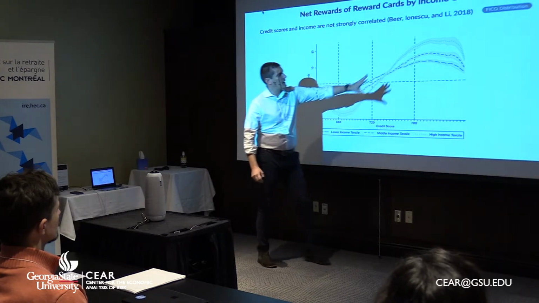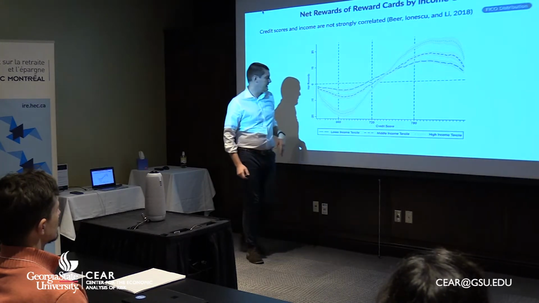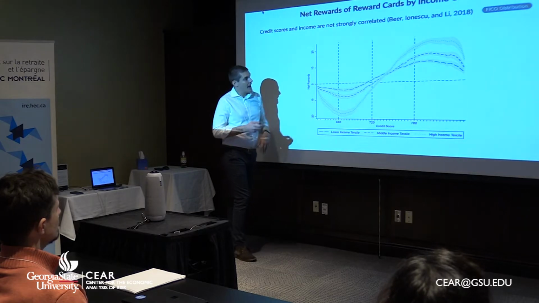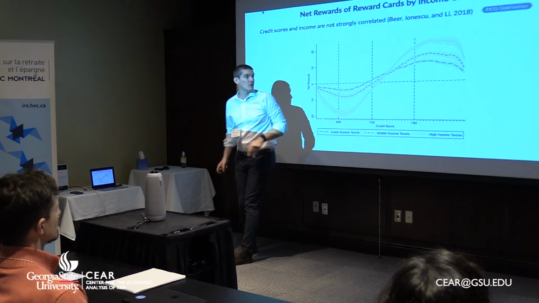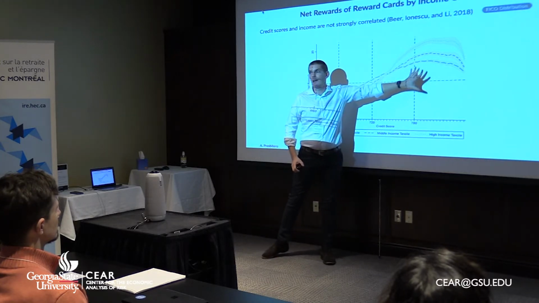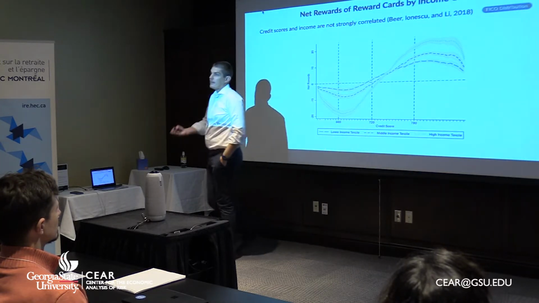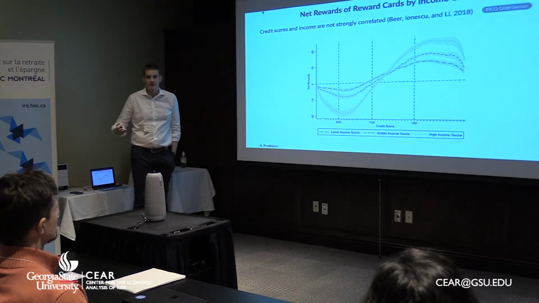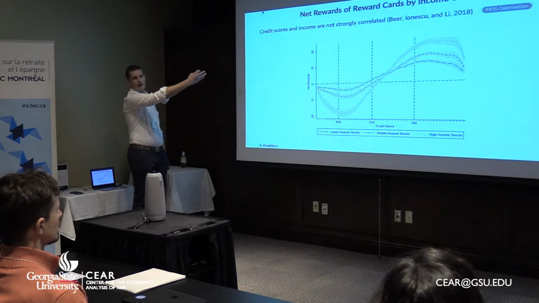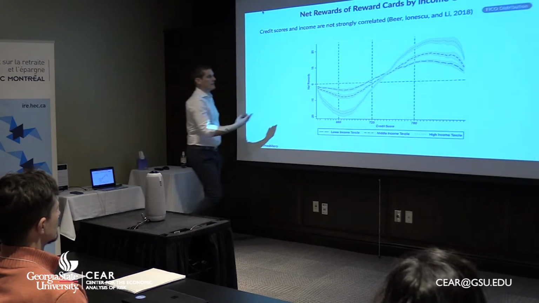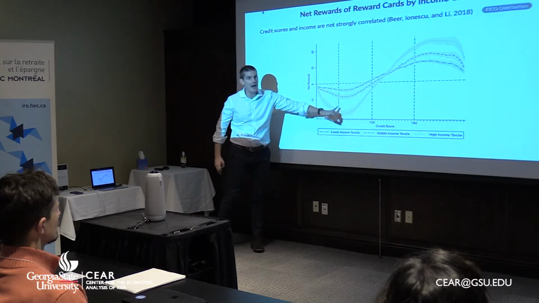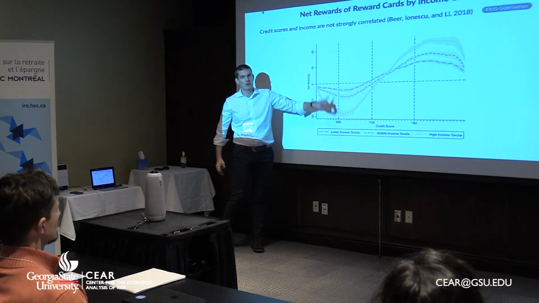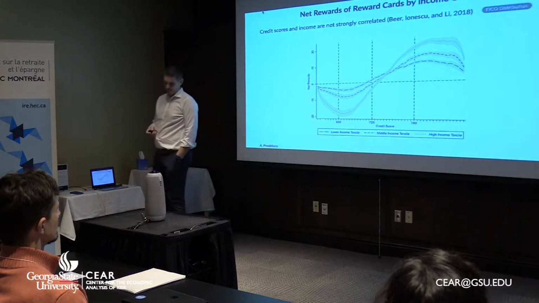And if you look at this part of the distribution, clearly you see that the high income benefit at the expense of the low income guys. So if you just focus here on the high FICO part of the distribution, then it's really the case the Robin Hood hypothesis matters. It's the poor who are subsidizing the rich. But if you look at the other part of the distribution here, if anything, here are the high income people who are losing more than the low income people.